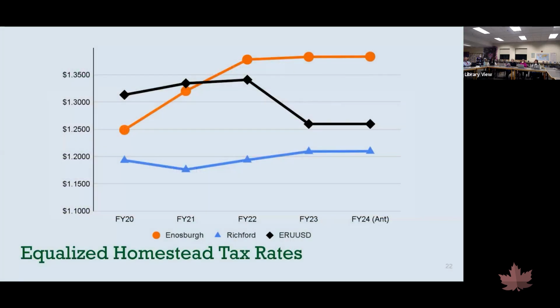Okay, so this will show the tax rates basically since we were a unified system. So that black line is the Enosburg-Richford rate before any CLAs are applied. So you can see for 2 years it drifted upwards. It dropped in FY23. I don't know if it's been updated since I plugged in the yield, but